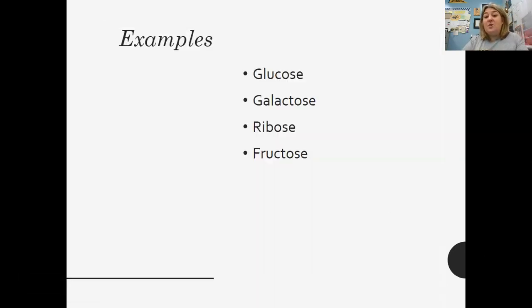So some examples of simple sugars besides glucose would be galactose, ribose, and then fructose, that's found in fruits. Your fruits do have sugars, and I didn't realize how much sugar was in fruits when I was younger. Now I do, but when I was younger, I had a grandparent who was diabetic, and he could not eat fruit after a certain time at night because if he did, his blood sugar jumped through the roof. It was fruit that you knew was sweet, but you didn't think it would be that sweet,